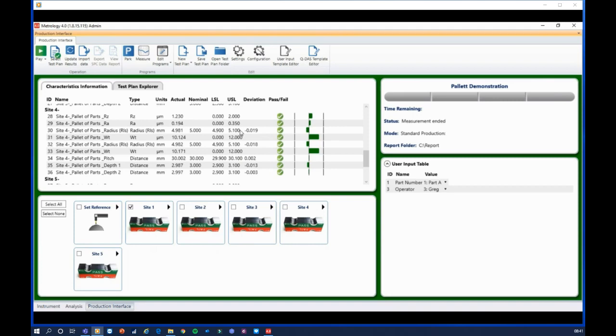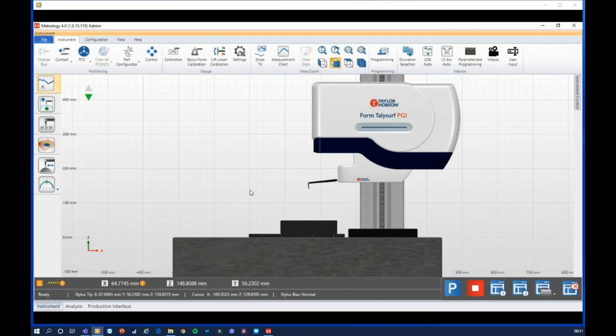We can put these results, text results, into networks and basically allow statistical analysis and traceability throughout our measurement and analysis process. So I'm going to return back to the instrument view,